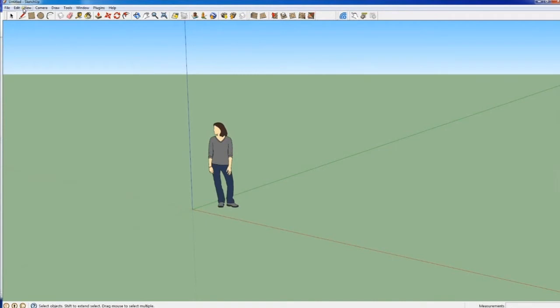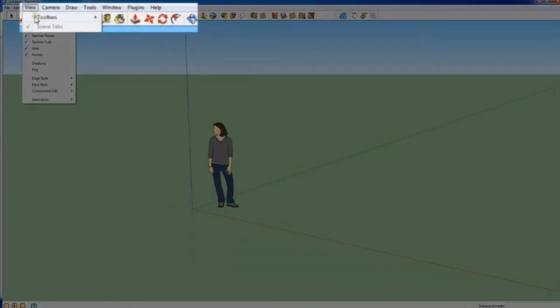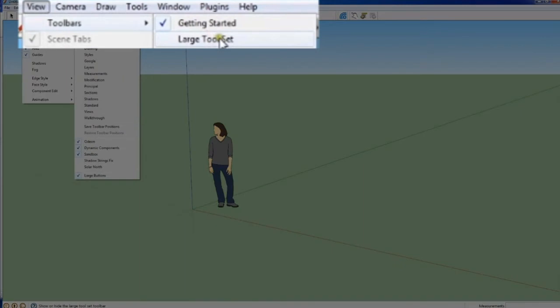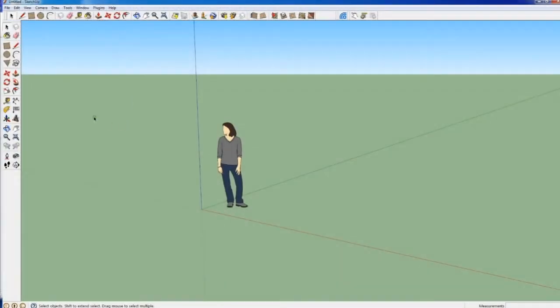I would like also now to make some initial settings in the modeling area, some convenient ones. So I would like to activate the large tool set. You can see a list of tools placed at the left of the screen. Some of them are exactly the same as the ones included in the main menu.